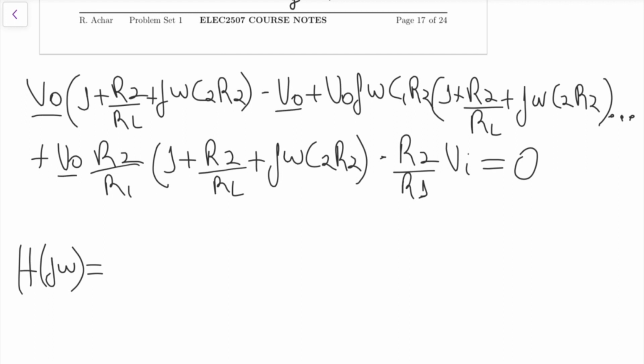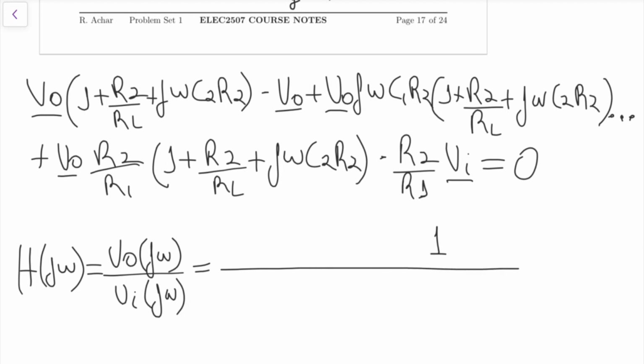right? So we have V out here, and Vi here. So we isolate V out, and then we can take V out of j omega divided by Vi of j omega, right? That's going to be equals to 1. So 1 here divided by 1 plus R1 plus R2 divided by R load